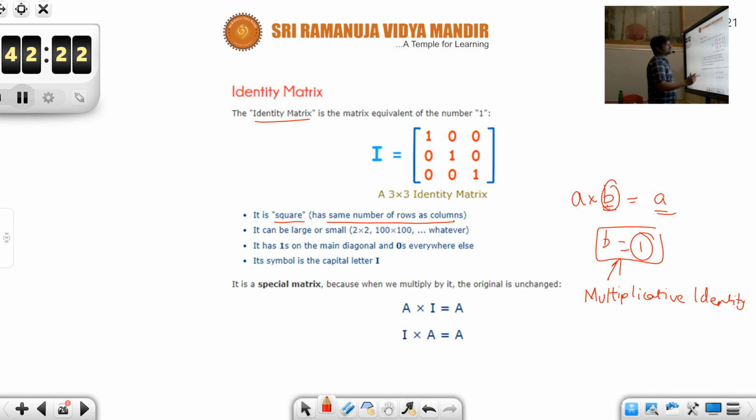So anyway, identity means the diagonal elements should be 1 and the rest of the elements should be 0. I am just trying to introduce this special matrix here. When we multiply this I with any other matrix, say any other square matrix, you will get the same matrix. So this plays the role of the multiplicative identity, like 1 in numbers. Here I plays this role, okay students.